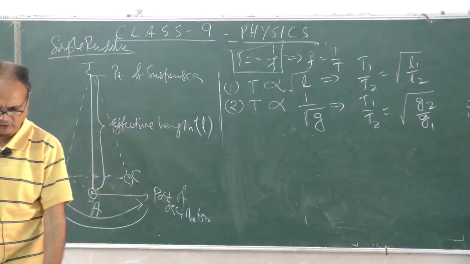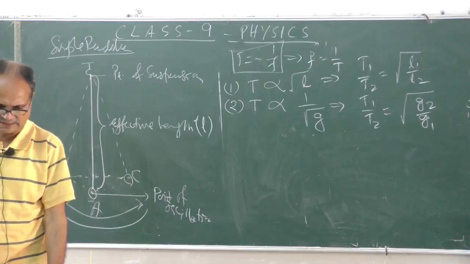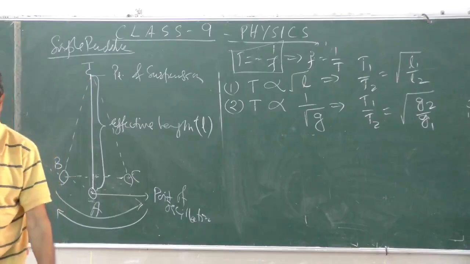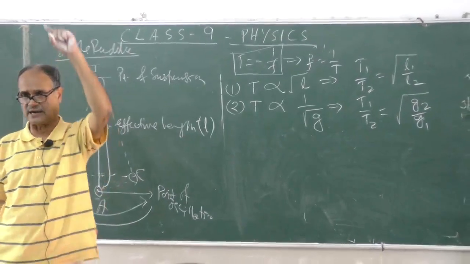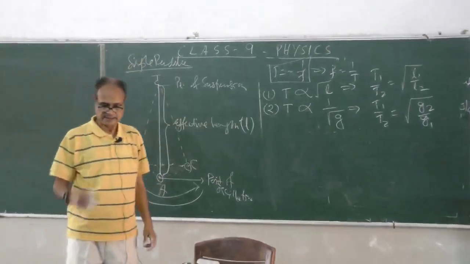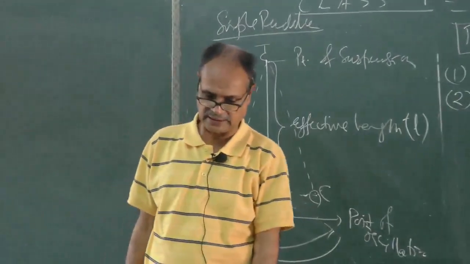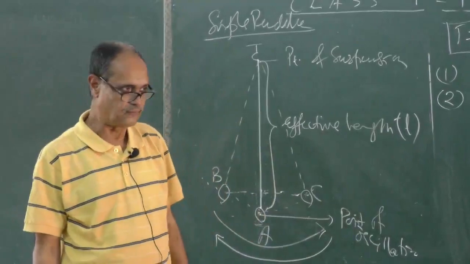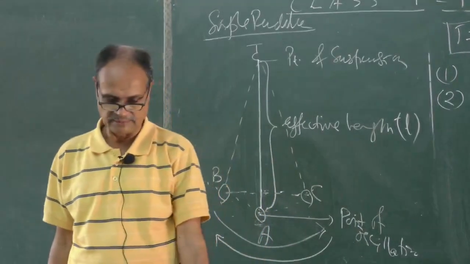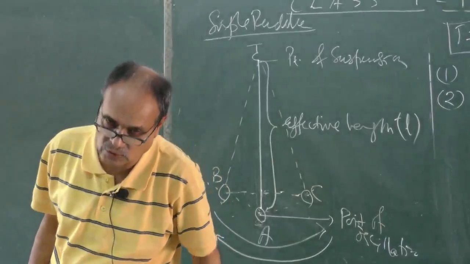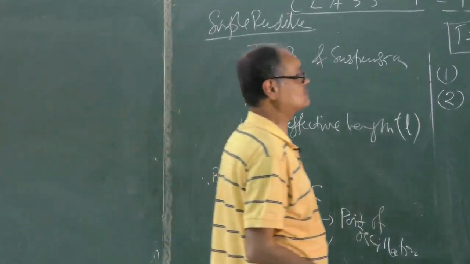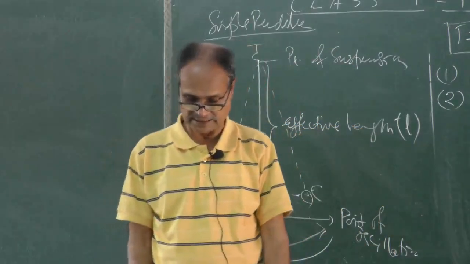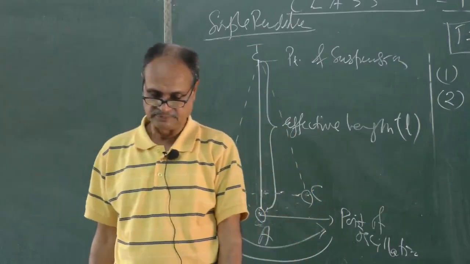You will see the value of t for 20 counts is 20, 24, 26, 28, 32, with a difference of 4, ultimately getting to 40. So it starts from 20 and gets to 40, the double. Similarly, the value of capital T starts at 1 and finally goes to 2, that is double. And the value of L by T square happens to be constant. This constant L by T square value shows that the time is always being controlled by this. The graph also shows the purpose of doing that.